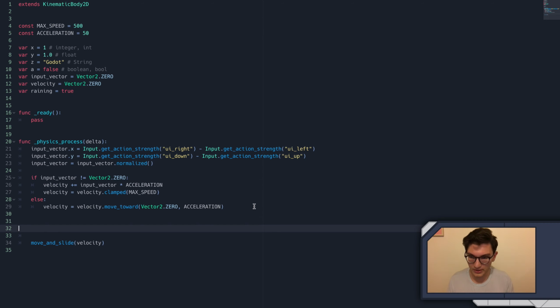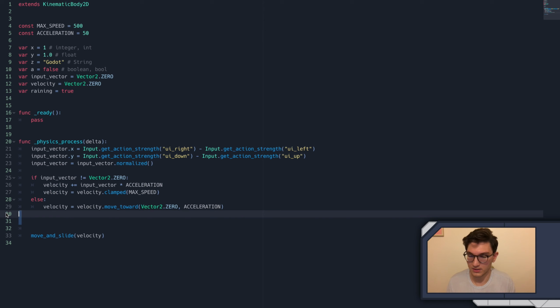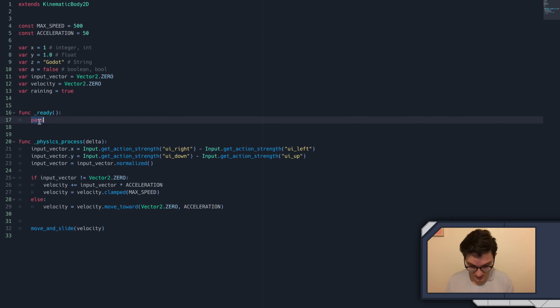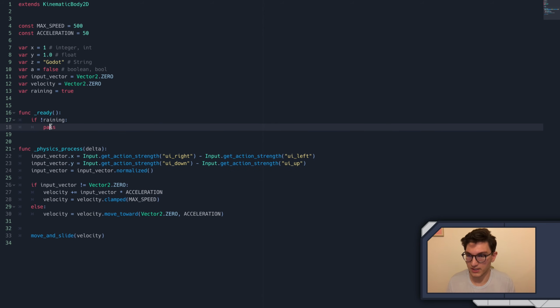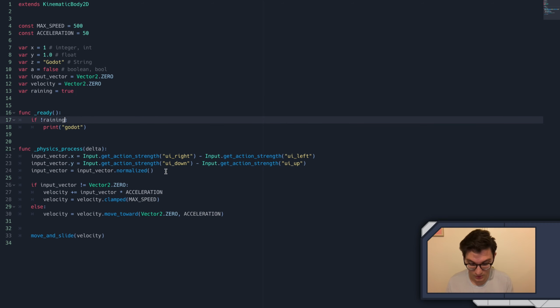and and or operators. So we can say if not raining, well actually we'll put this in the ready function so I don't have to deal with tons of stuff happening. Say if not raining, then we'll say print Godot. So if not raining, print Godot. This isn't going to work, because raining's true, but we can use the or keyword. So we can say or, we'll